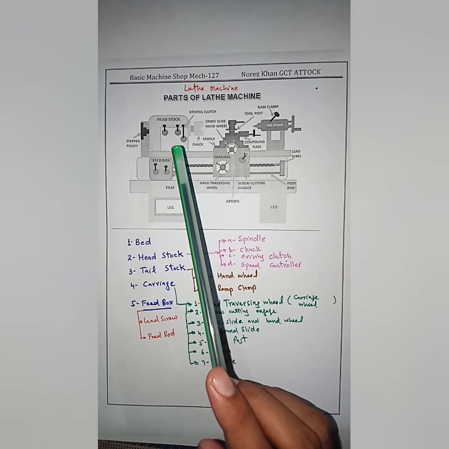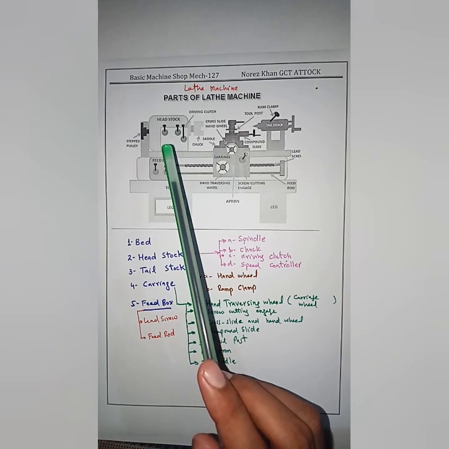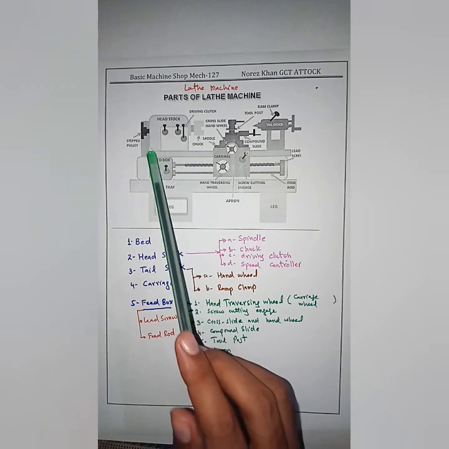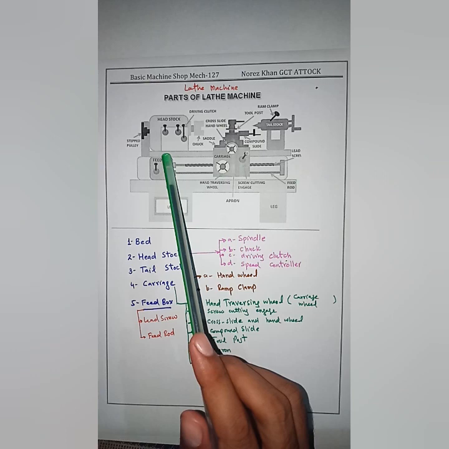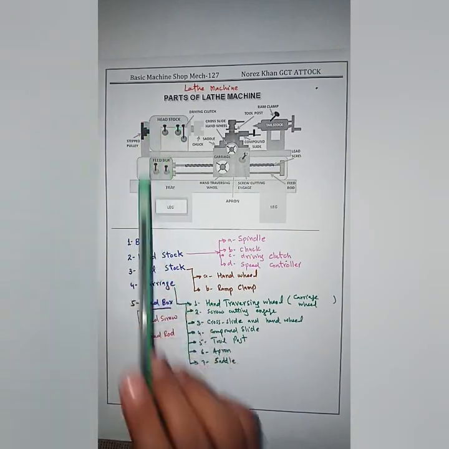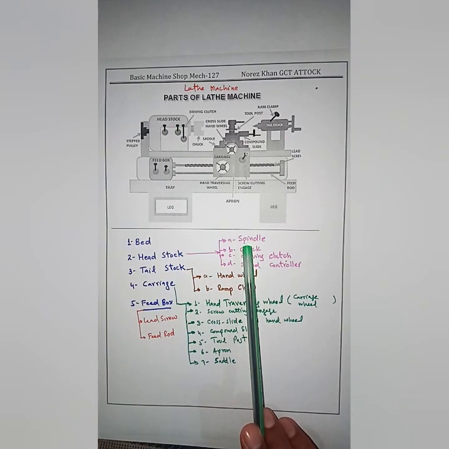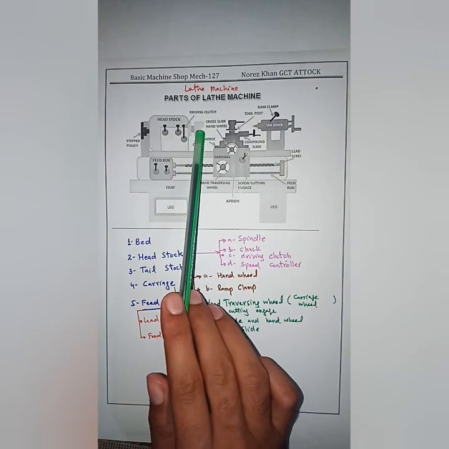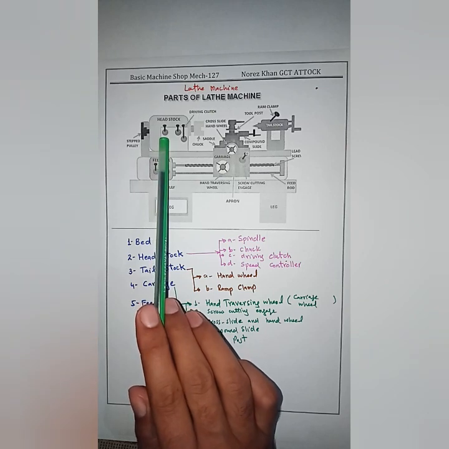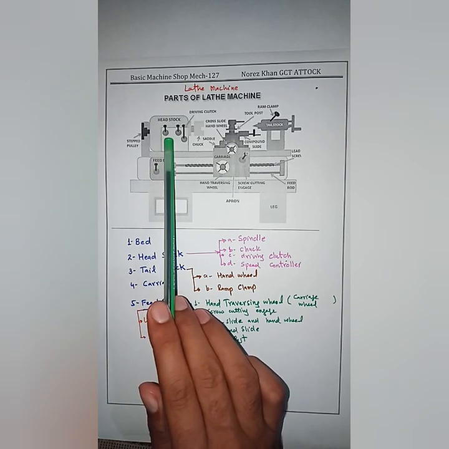Headstock consists of a hollow spindle and drive units like feed reverse lever, main spindle, live center, cone pulleys, etc. Headstock contains many parts of a lathe machine, which we discuss here. First part is a spindle. That shaft inside the headstock is called a spindle. It is a part of a lathe machine which rotates the chuck or workpiece. It is present inside the headstock and rotates when engaged with gears present inside the headstock.